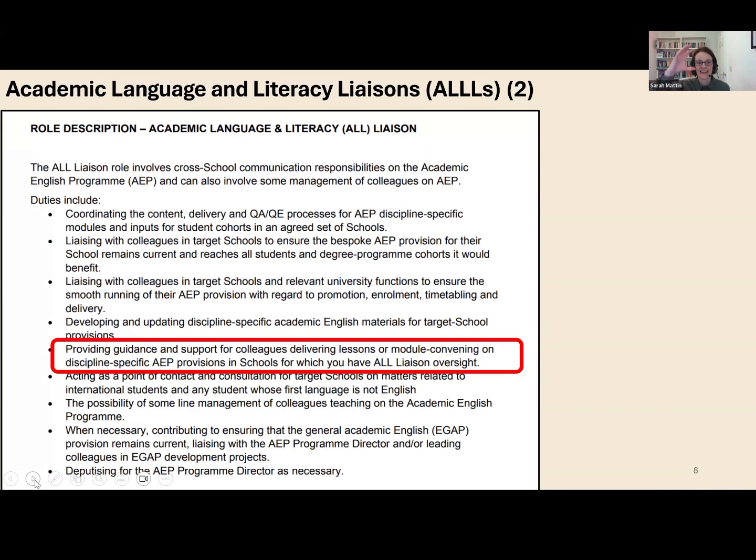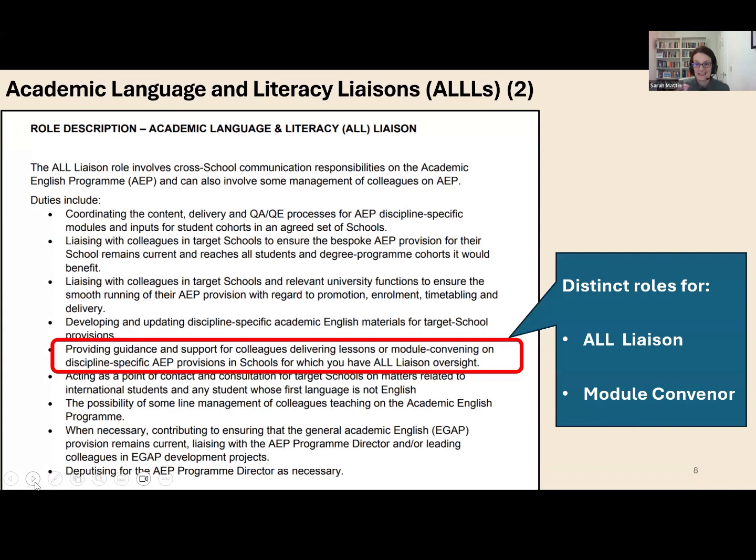It's not a hierarchy. It's not liaison, module convener, lecturer, because it crosses over. You can be a liaison in one school and be module convening in another and vice versa. So it is a little bit complicated, and that was one of the challenges we had of unpicking that to start with. But I think this was a really valuable piece of work that we did, distinguishing these roles,